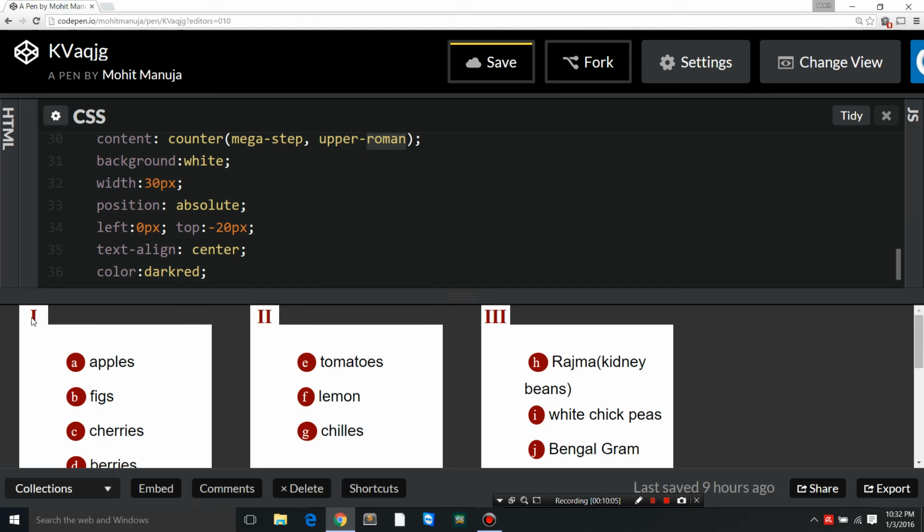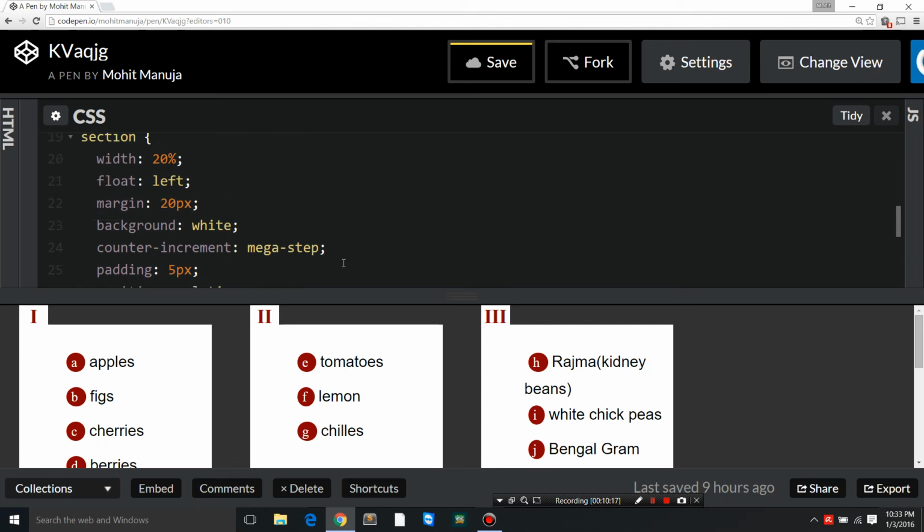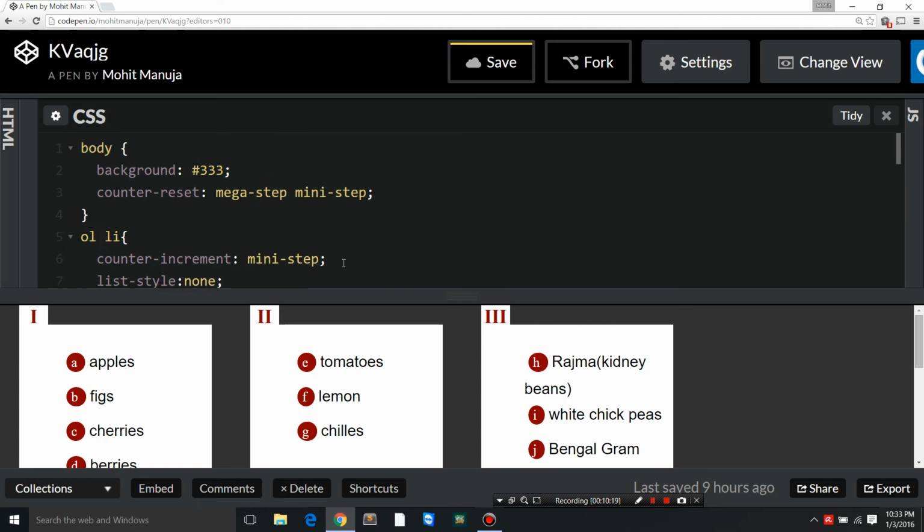Text align center, so these upper Roman characters are in the center, left to right. Color dark red, yes, you can see it's dark red. Font is bolder, 20px is the size, and Times New Roman is the font. So that's it. I know it may not have made much sense to you,